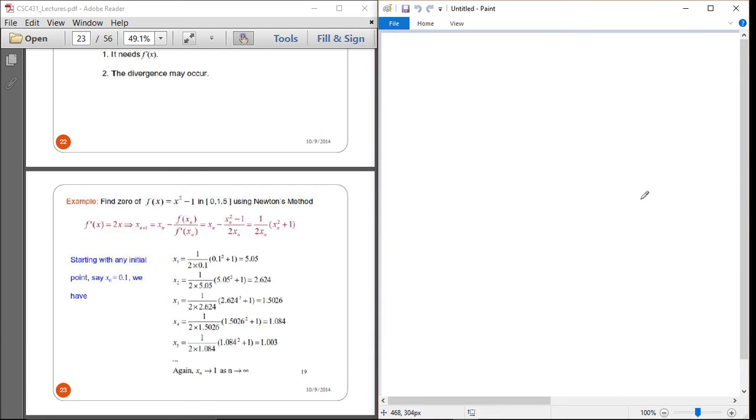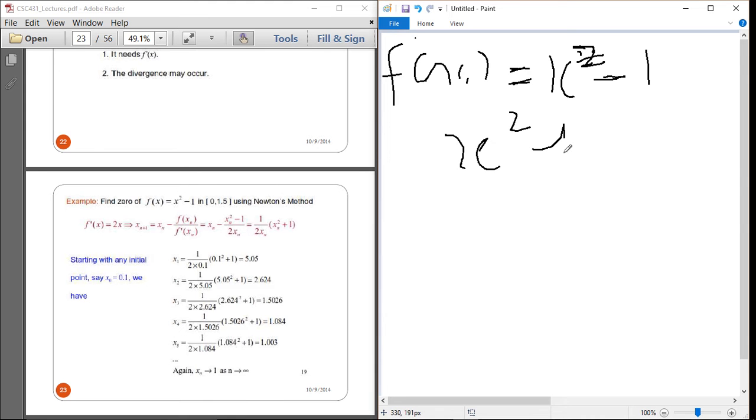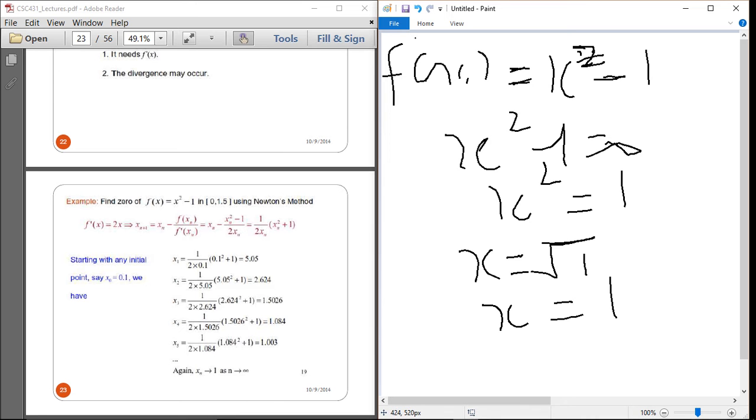This example says we are still working with the function f of x equals x squared minus 1, right? If you're trying to solve the root of x squared minus 1 equals 0, x squared will be equal to 1, x is the square root of 1, and x will be equal to 1. This is the value we are looking to approximate towards. Working with this, looking at Newton's method, the formula here says